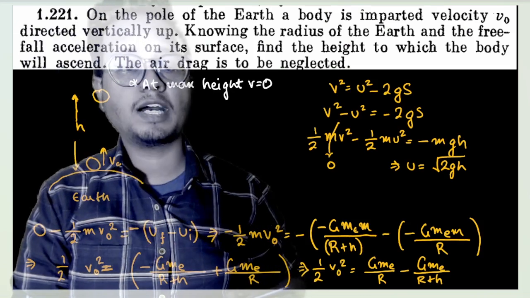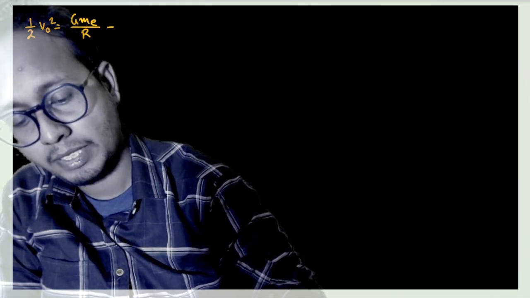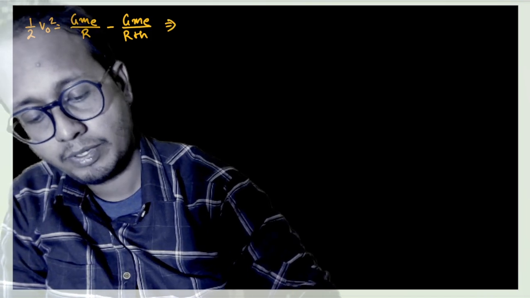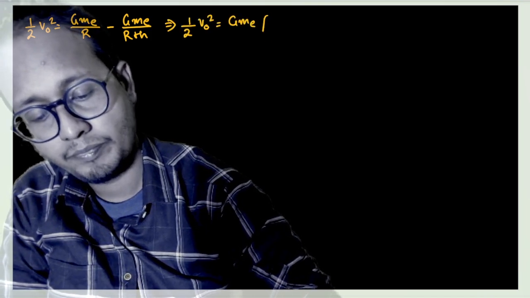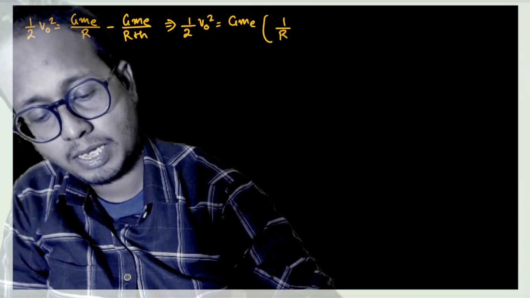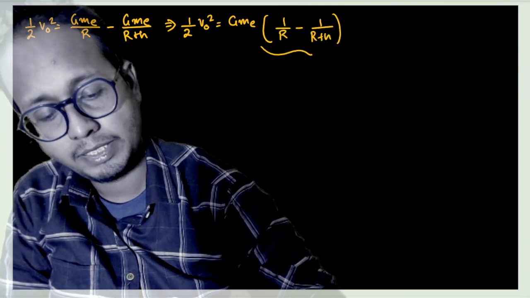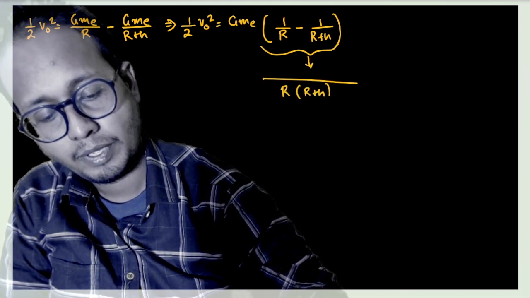The equation that I have to solve is half v naught square is equal to GME by r minus GME by r plus h. So half v naught square is equal to GME common, 1 by r minus 1 by r plus h. Okay, if I just simplify this term, I do nothing but take r into r plus h as the common denominator,